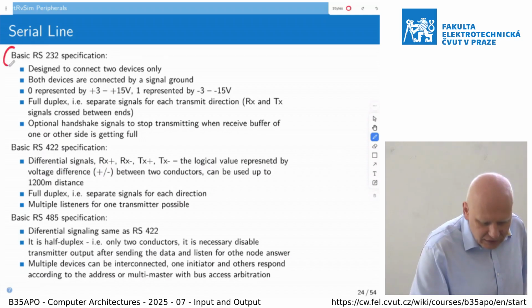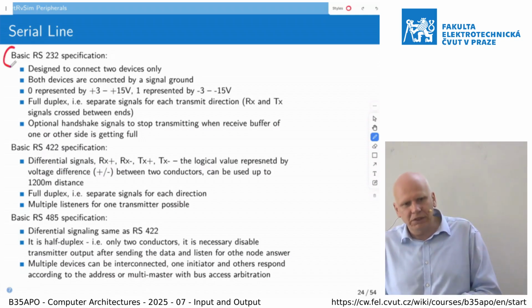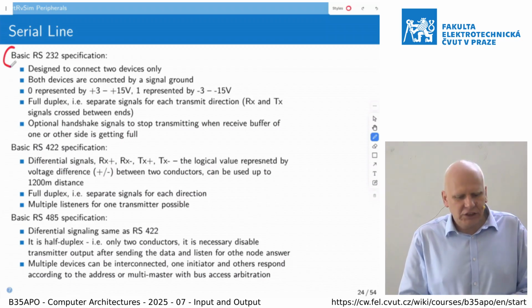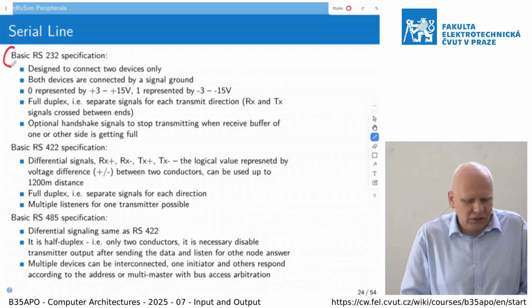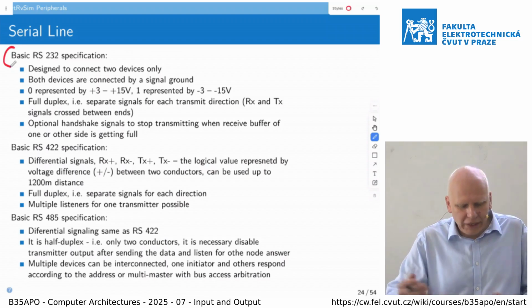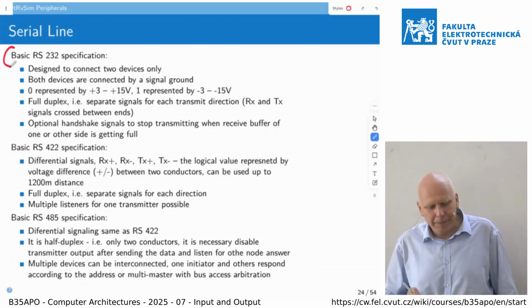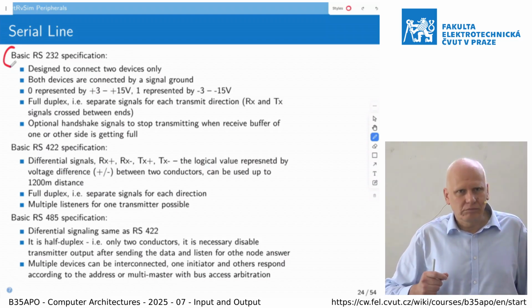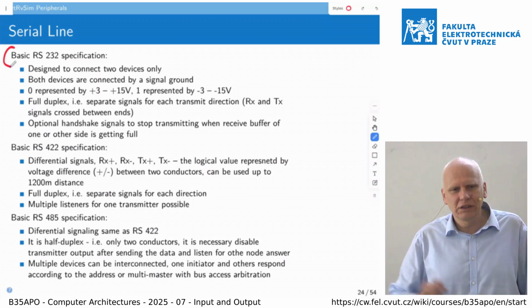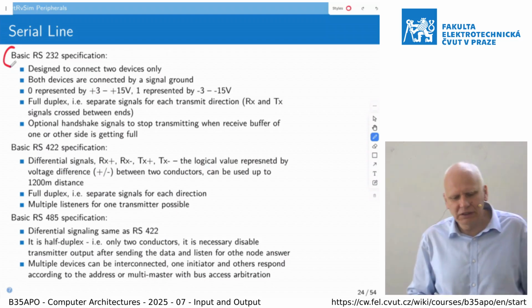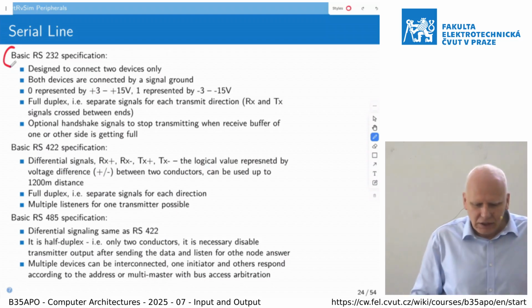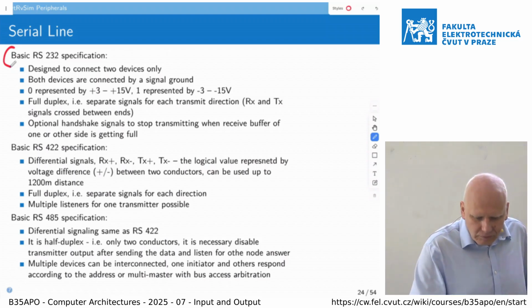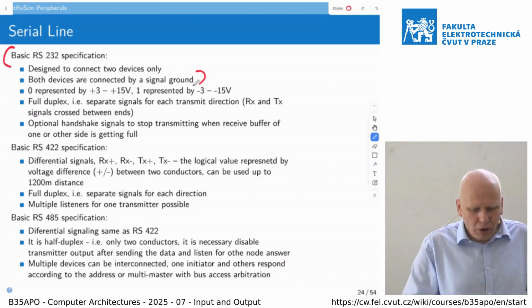This is the original standard to connect the computer with a switched communication link, a modem, which modulates the ones and zeros to some beep signal on the link, which has been delivered over the switched telecommunication network. And in this case, this is the standard which was designed to connect only the computer with that single modem,